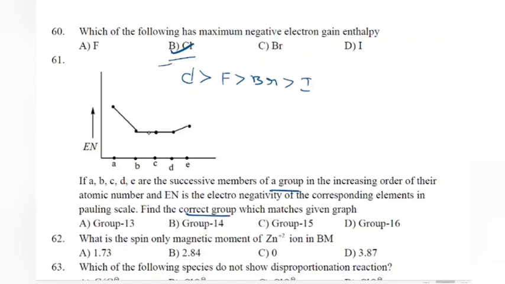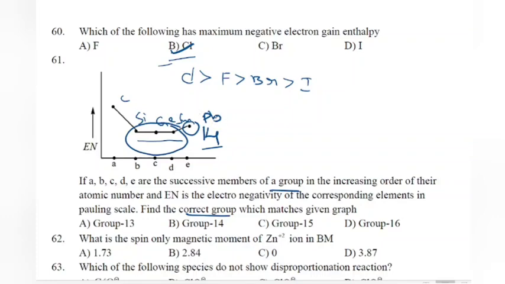If we observe this particular straight line, the electronegativity is almost same except for the first element, second, third, fourth elements, and for the last element slightly up. Definitely it must be 14th group elements. If you consider the carbon family, this is the carbon, silicon, germanium, tin, and this particular thing is lead,